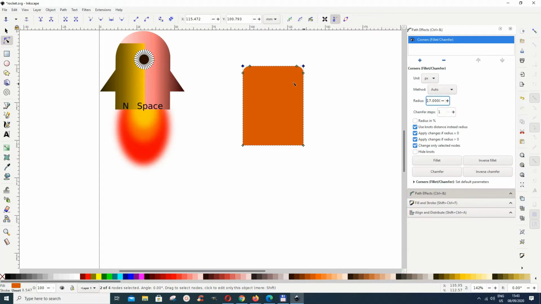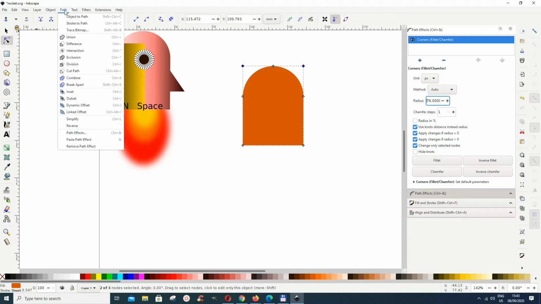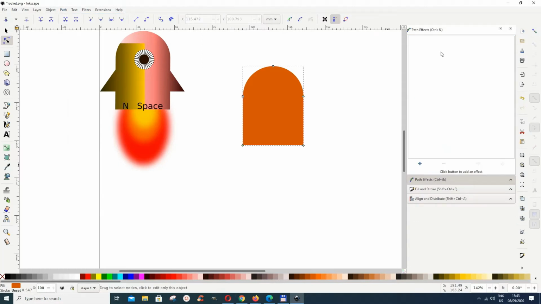increasing the radius until these two nodes coincide. So let's do it until they coincide. Okay, now we are good. So what I will do is that I will now go to path, object to path, so we leave the path effects. Now I think from my diagram, I feel that